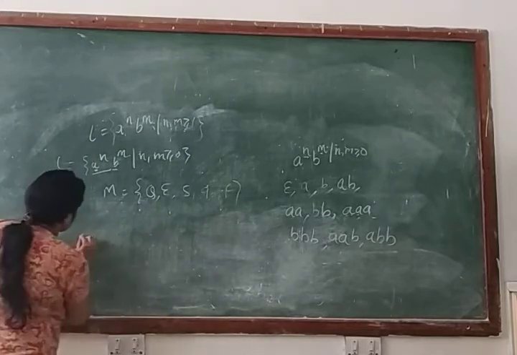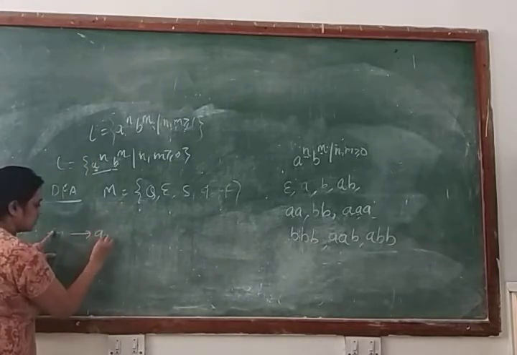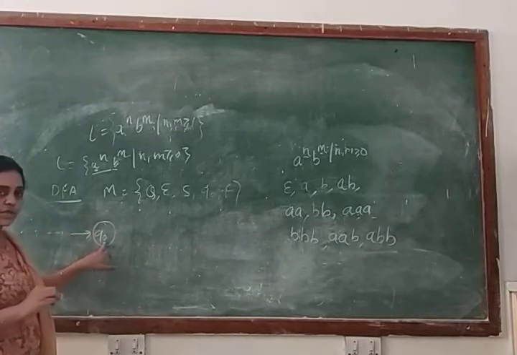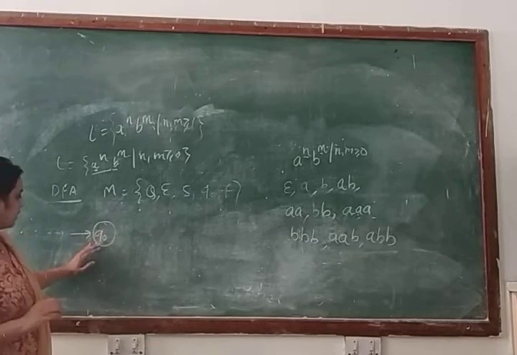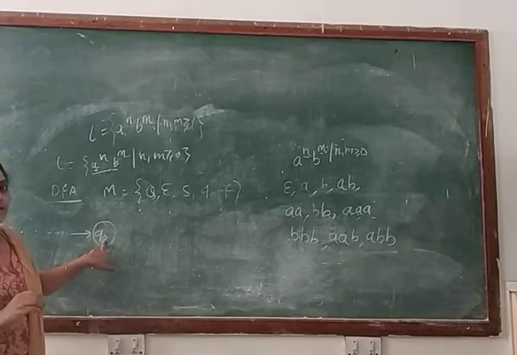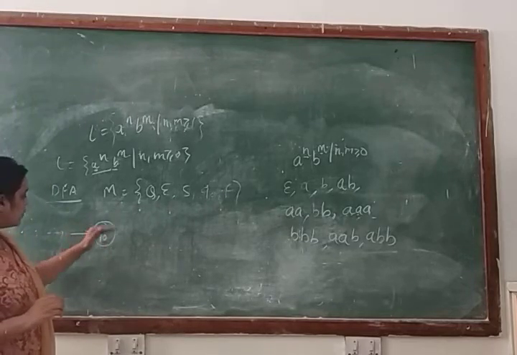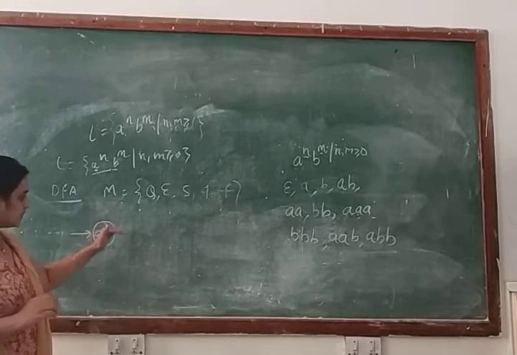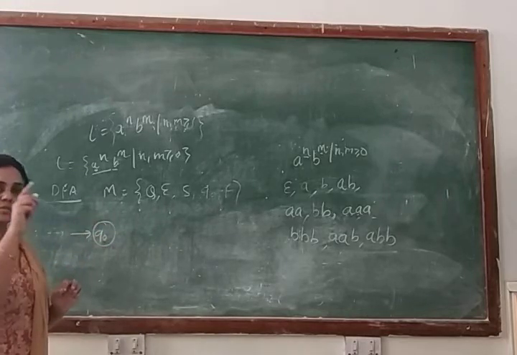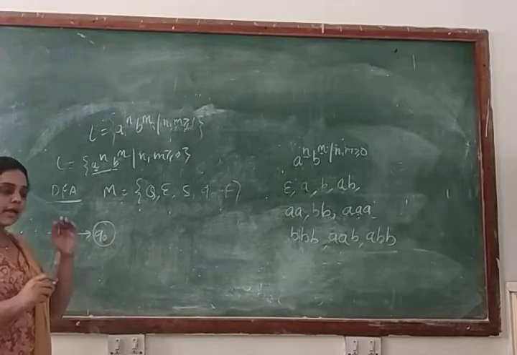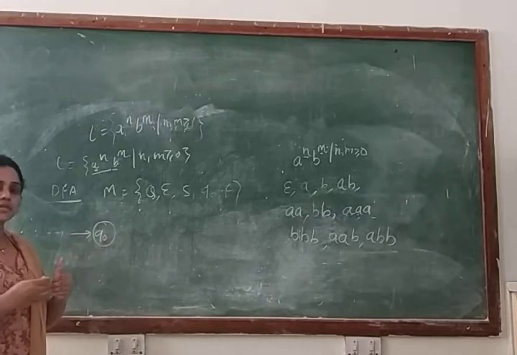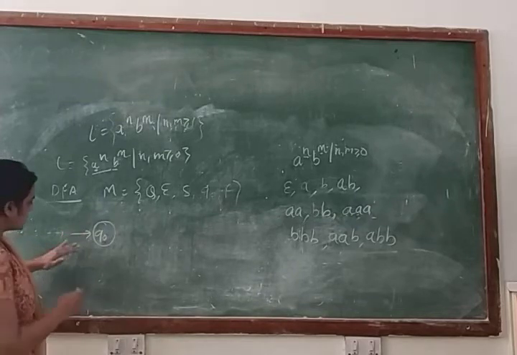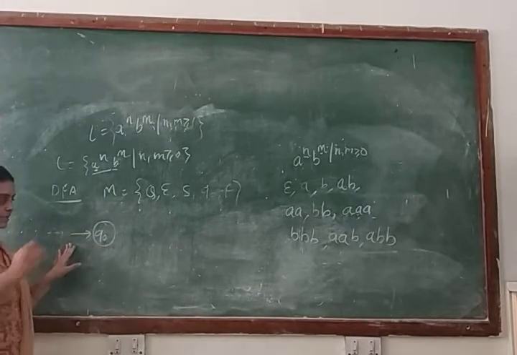So we will start from the state Q0. Q0 is your initial state, because we always start our machine from the initial state, and here we will represent the initial state by Q0. Clear? And how do we identify the initial state? We represent a state by the symbol circle, and when you attach an arrow to a circle, that structure represents the initial state. So here you can see this is your initial state, and we will start our machine from the initial state.